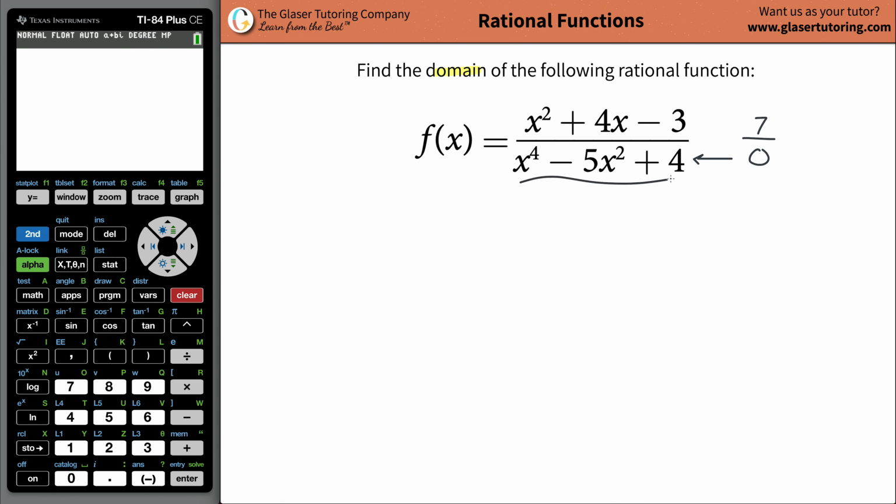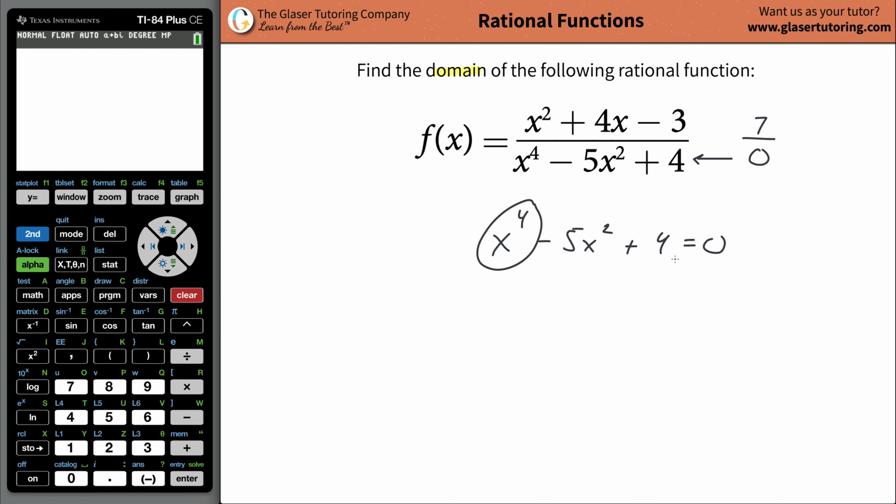So what I'm going to do is take the denominator and ask myself, what in the world does x have to be so that this thing becomes 0? I want to know the values that give a 0 value overall so that I can identify those restrictions. When you have a function like this, x to the fourth, x squared, and a constant,